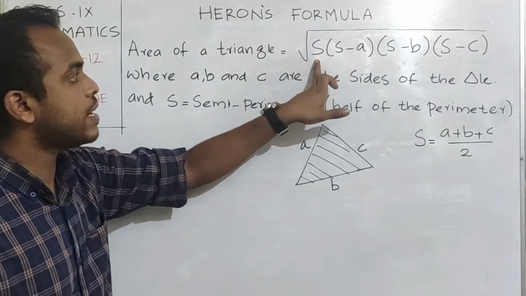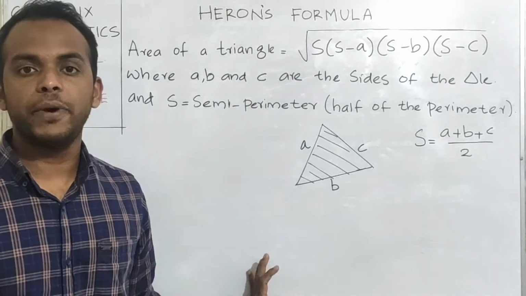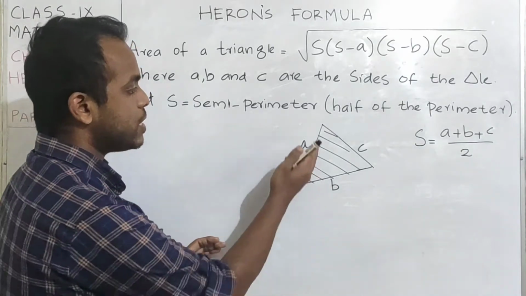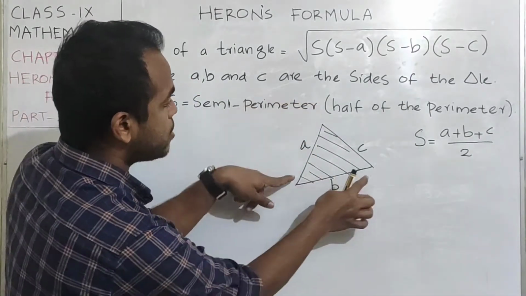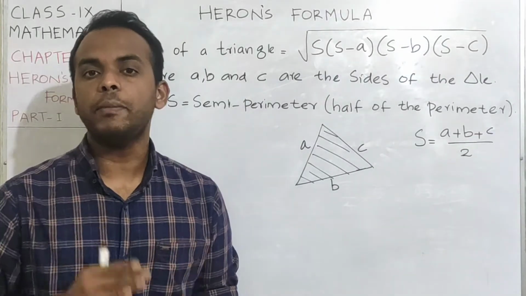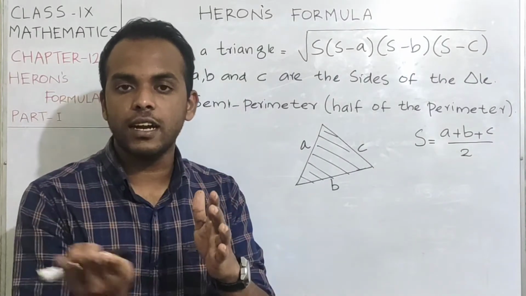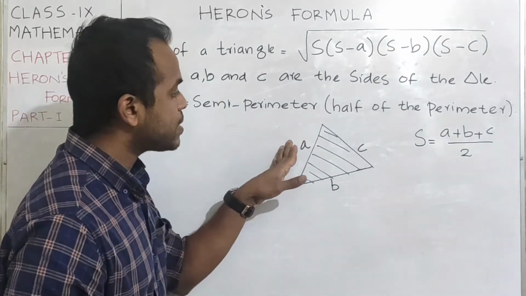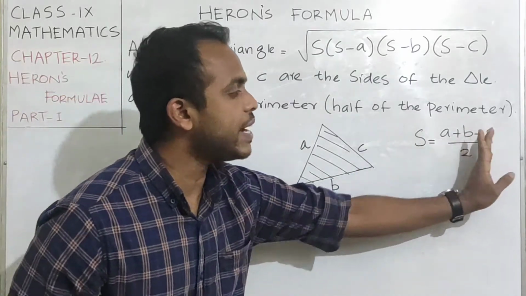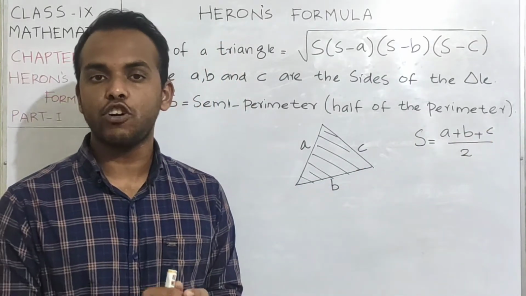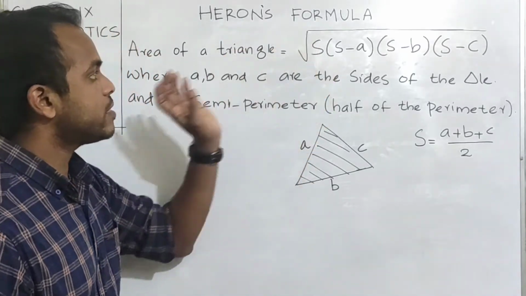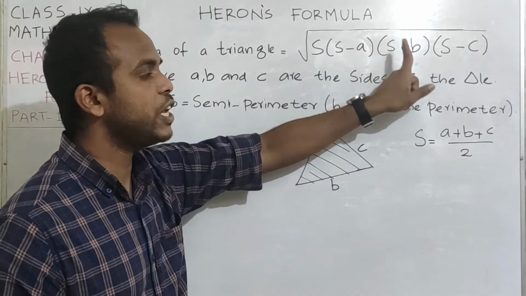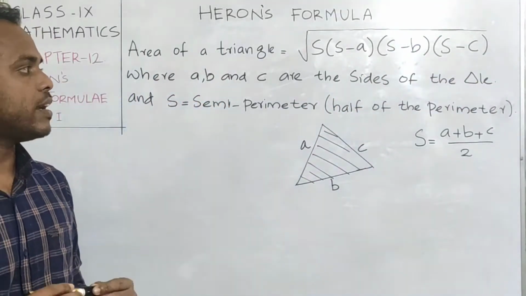Then you might be wondering what is s. s is the semi-perimeter. We have seen what the perimeter of a triangle is. How will you find the perimeter of a triangle? We just need to add the sides, a plus b plus c. That is the perimeter. Semi-perimeter means, just like a semicircle is half of a circle, semi-perimeter is half of the perimeter. That is, the sum of a, b and c divided by 2, denoted by the small letter s. So this is the equation, root of s into s minus a into s minus b into s minus c. This is called Heron's formula.